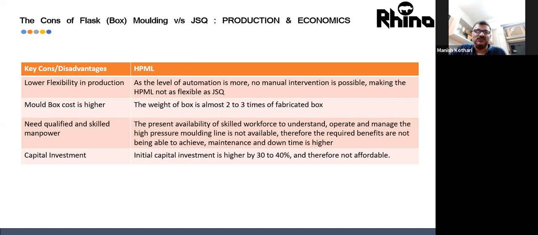And the capital investment, of course, is maybe 30 to 40% more, sometimes 50% more. And it could be a challenge when we are talking about the initial capital investment. Though my cost of ownership is better, it will take 2 to 3 years to get back to break even. No foundry, in my experience, can go from 0 to 100 in 1 month. There's a process change, there's a remounting of patterns, and if you work better, maybe you can do it in 1 month, 1 year. But on average,